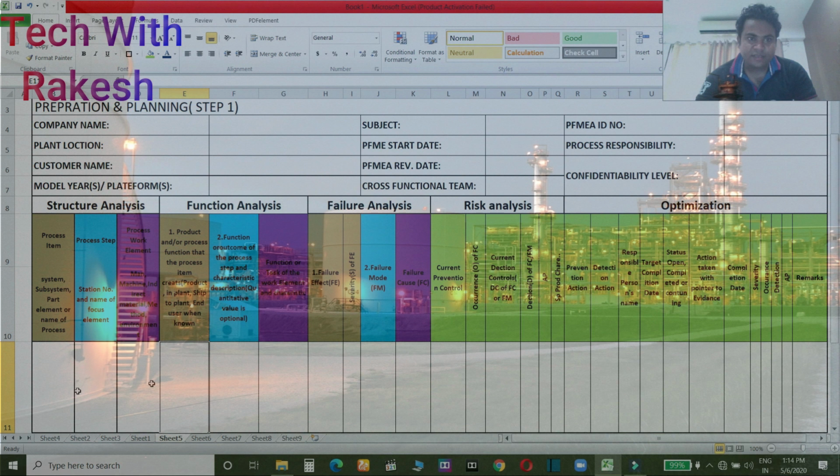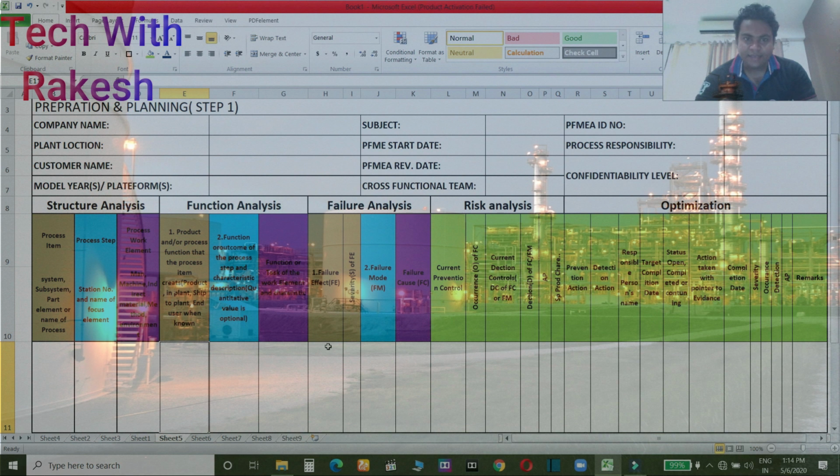Suppose it is going to the customer, then he assembles it with some part, then what is the function of that part at that end? After that it will go finally to the end user, then what is the function at end user level? So you have to write here at three levels.